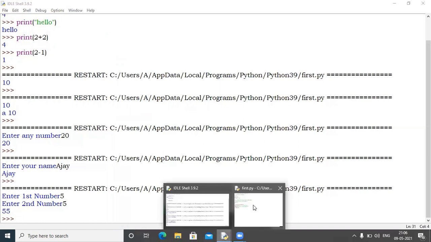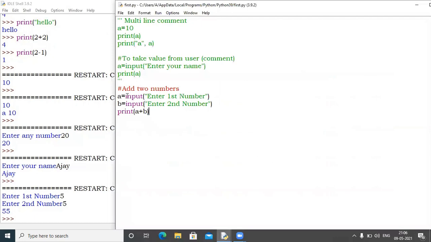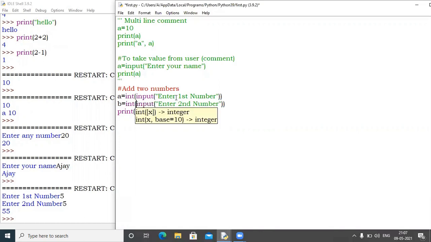Because I have not used int here. Int means integer, and integer means numbers. If you are not writing int, the user will enter a number, but the computer will take that number as a string.